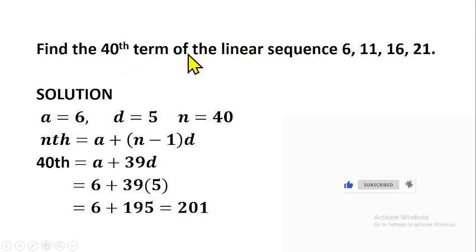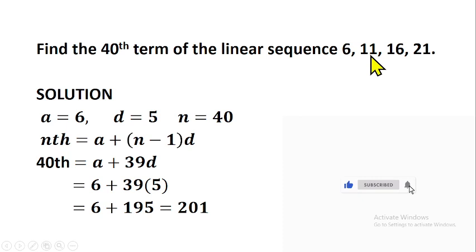Let's see another example. Find the 48th term of the linear sequence 6, 11, 16, 21. We are looking for what? The 48th term. That is, when we continue this sequence and we get to the 48th term, what are we going to see there? We are told that it's a linear sequence, and we know that another name for linear sequence is arithmetic progression. So we know the first term. What's the first term? If I ask you, the first term is what? 6. Our A is 6. Then what's the common difference? If you know it, say it in your mind. The common difference should be what? 5. 11 minus 6 gives us 5.